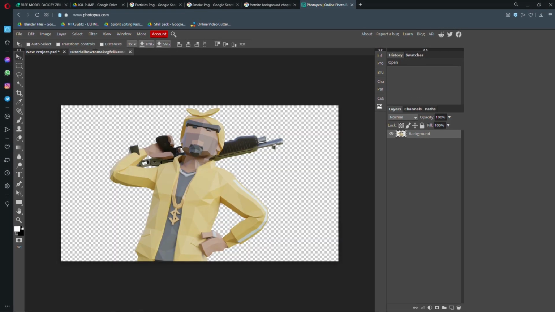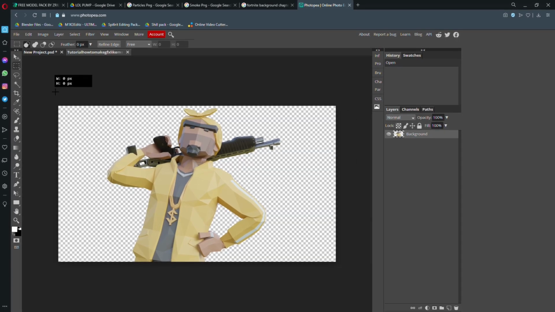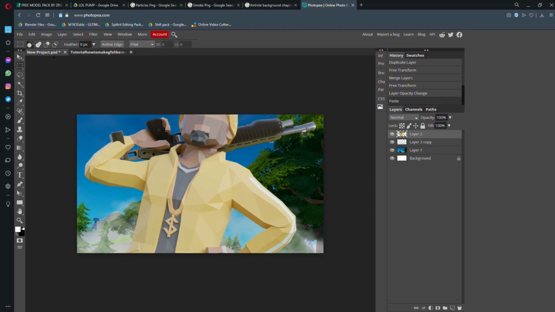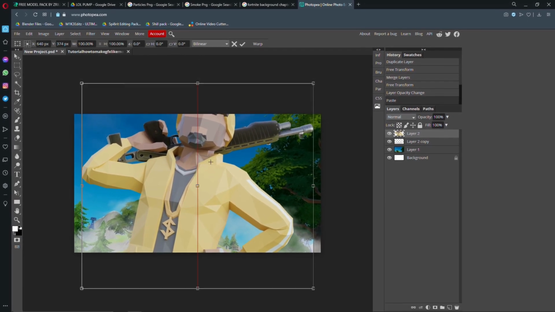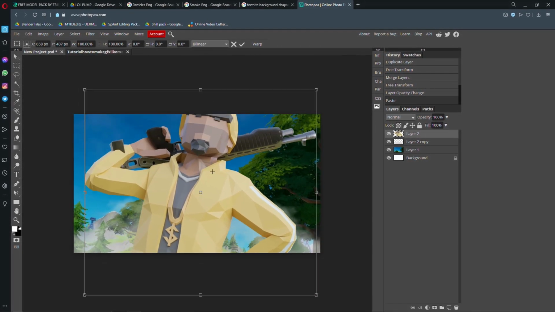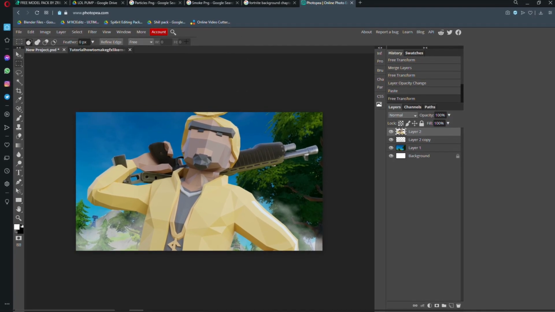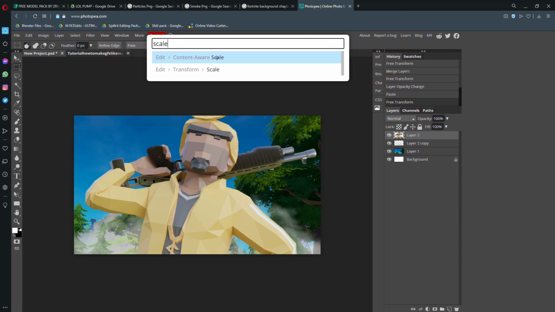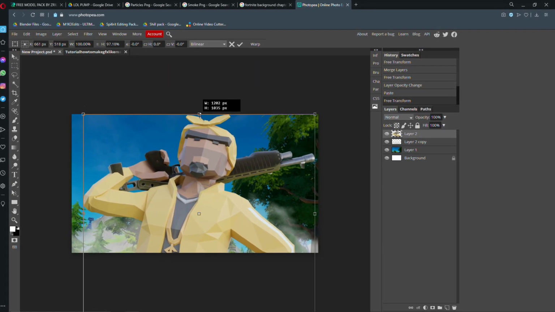Okay, if that didn't work and it didn't copy, you have to select this, go from here, select the whole thing, Control C, Control V. Now it's coming. Now we've got free transform, and if it is too big, then we'll just go scale, transform, scale, and then